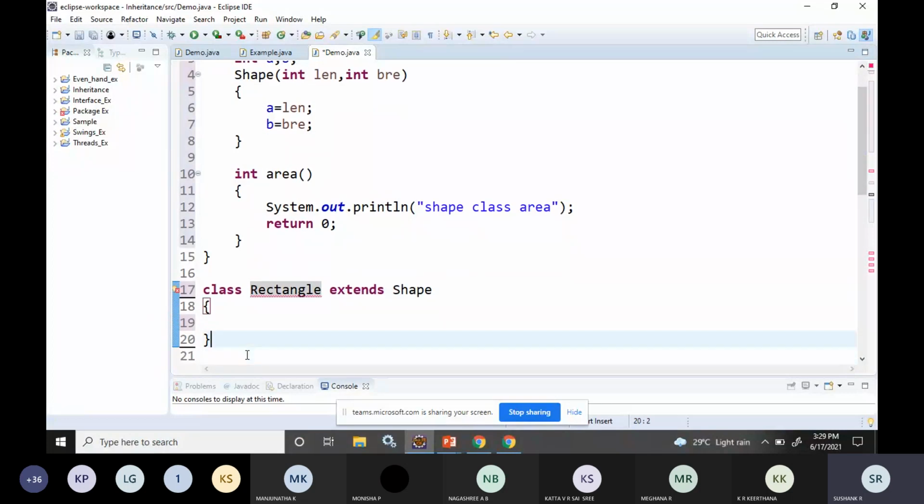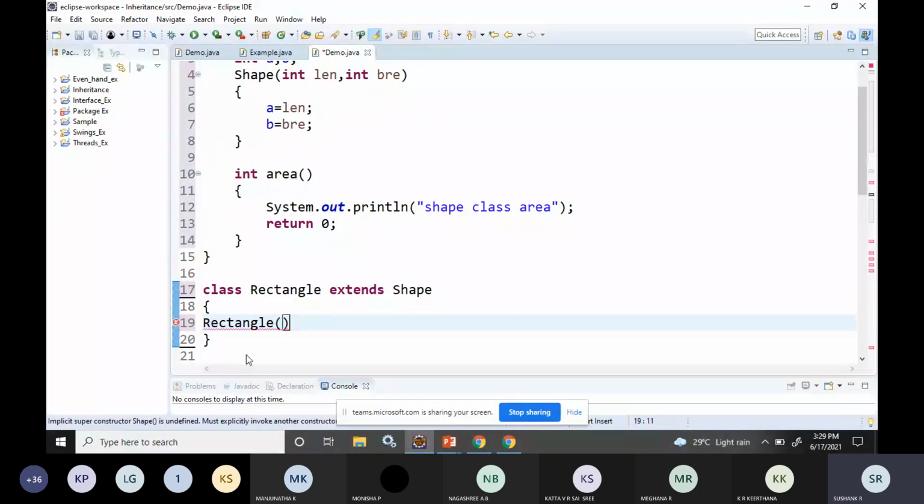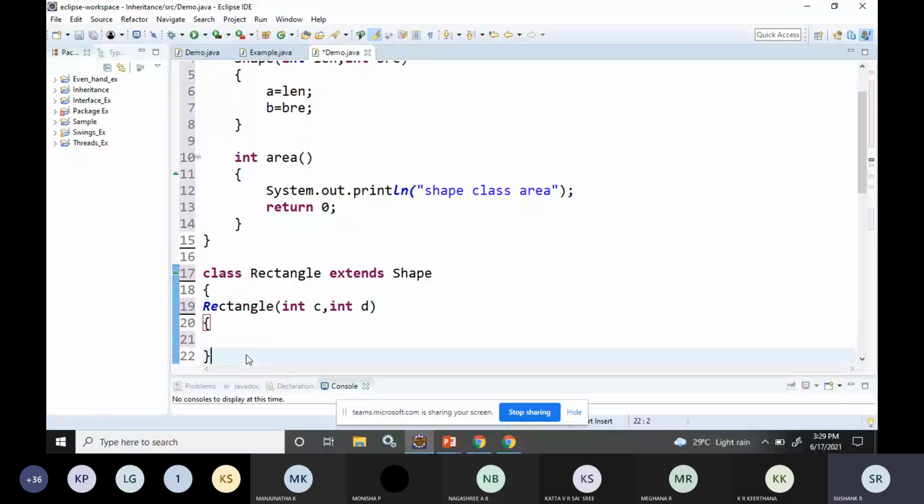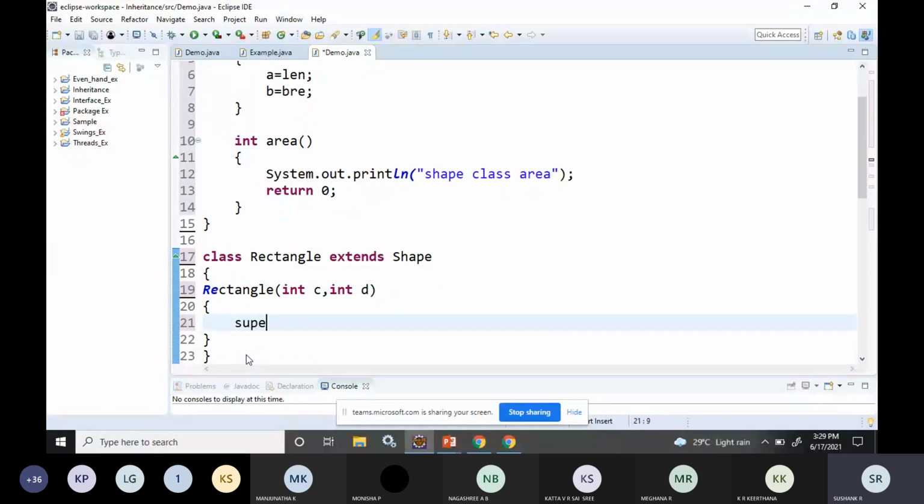After this, for rectangle also I'll create a constructor, to initialize the values. Let it be c comma d. Then I will call the constructor of the superclass by using the keyword super.